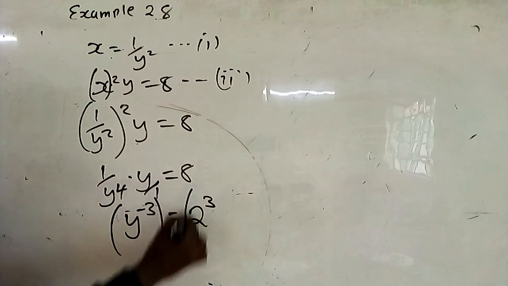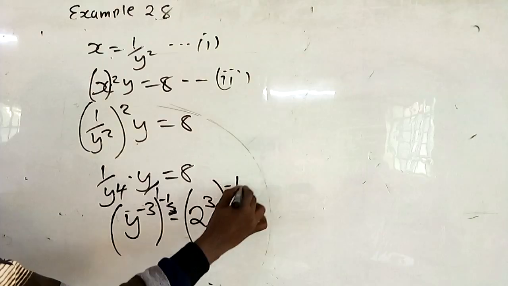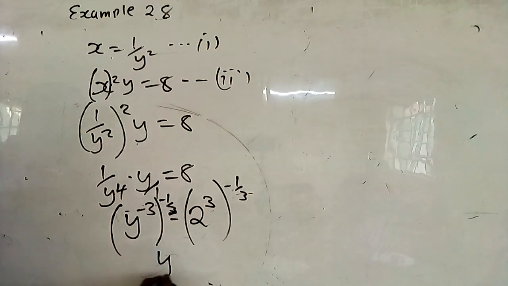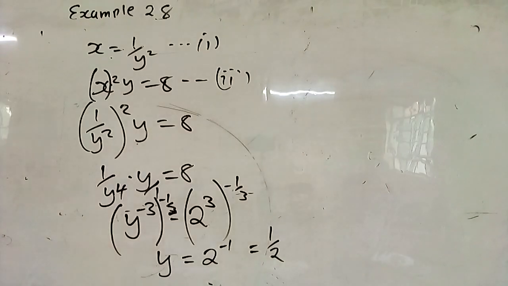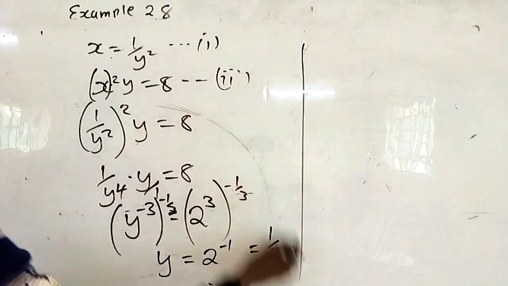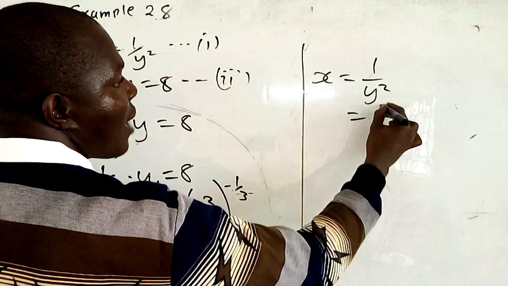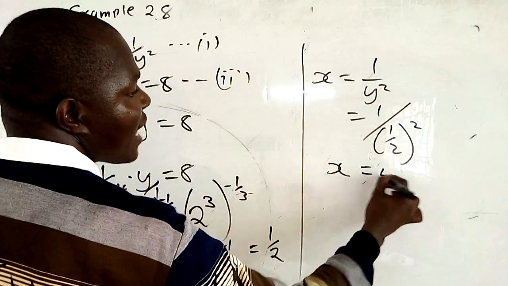You get rid of this negative 3. So you multiply both sides of the equation by negative 1 over 3, so that you remain with y equal to 3 times negative 1 over 3, so you get 2 raised to negative 1. 2 raised to negative 1 is 1 over 2. So after getting y to be 1 over 2, you get x. X is 1 over y squared, and your y is 1 over 2. So x is 1 over 1 over 2 squared. You get x is equal to